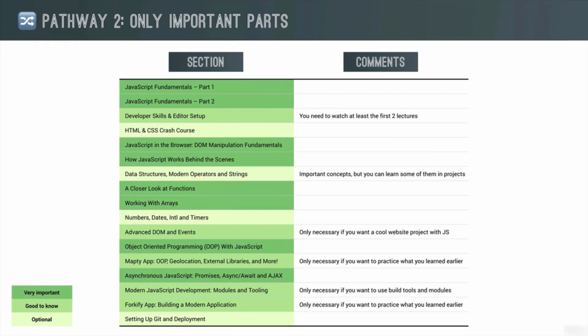So just like in the section roadmaps, here you can see which sections are very important for your goal, which ones are just good to know, and which ones are optional. And so again, by following a pathway like this, you don't have to watch the entire course if you don't have the time. In fact, this particular pathway actually shrinks the course down to only 24 hours.